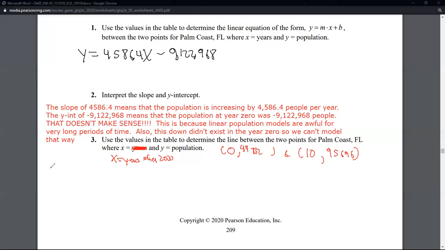We're going to do the exact same thing as in number 1. We're going to find the slope by doing the rates of change. We're doing the y's on the top, the x's on the bottom. We're doing new minus old. So we go 95696 minus 49832, literally the same subtraction. In the bottom, instead of doing 2010 minus 2000, because x is now representing the year since 2000, our x values are 0 and 10. So 10 minus 0. So the bottom looks different, but what's interesting is when you do the subtraction, you get the same value as last time.